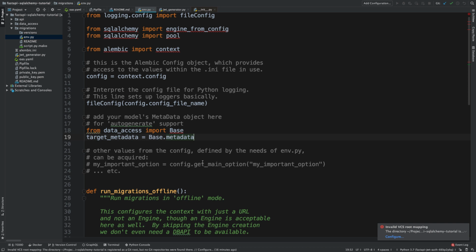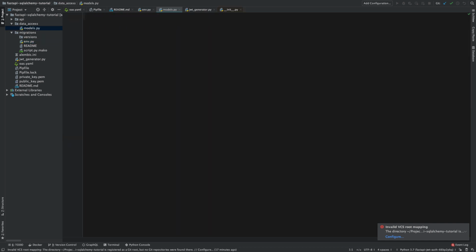Alembic is already configured to run migrations. So let's go ahead and implement our SQLAlchemy models. SQLAlchemy models are classes that represent our database tables, and they map class properties to database columns. There are two ways of declaring database tables using SQLAlchemy, and the method we're going to use here is using